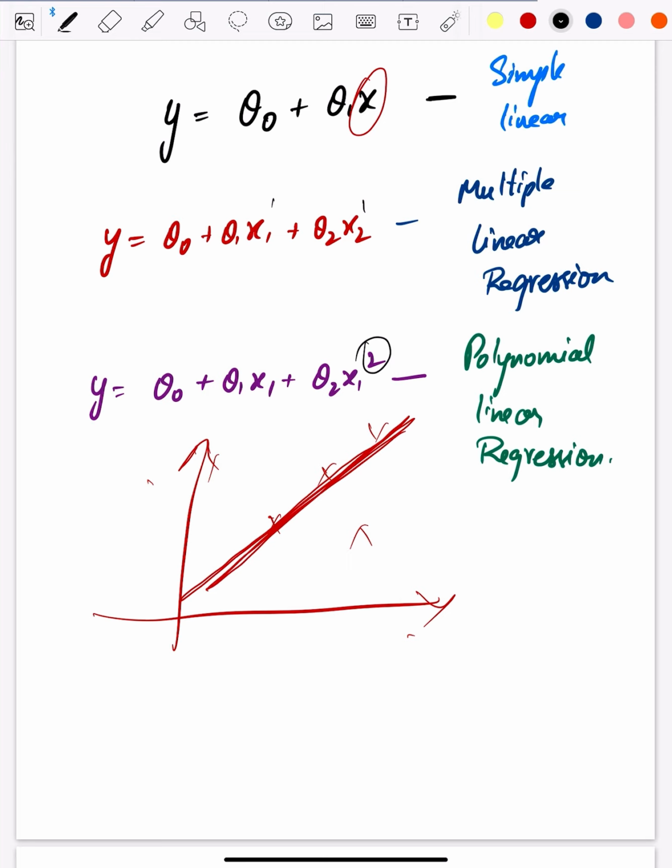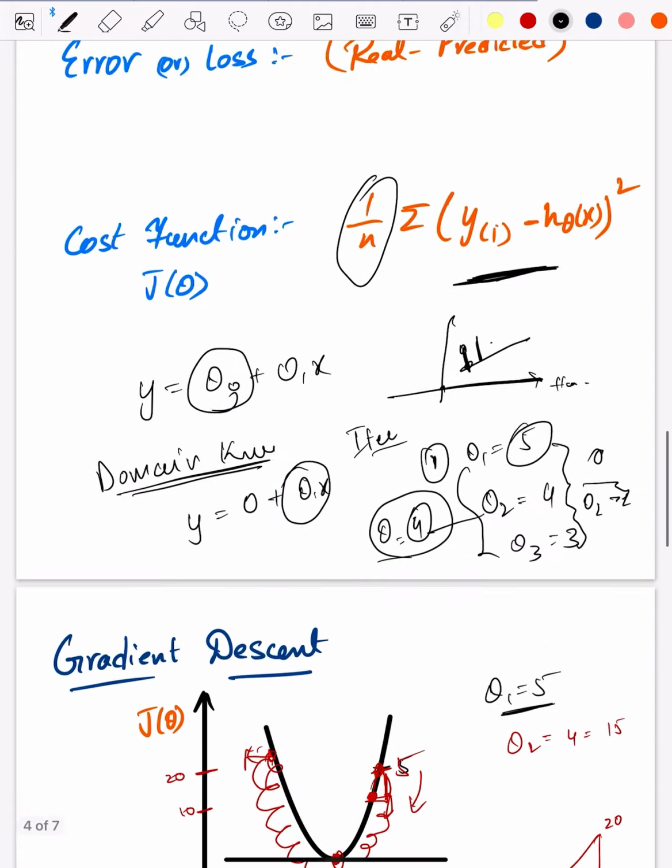After doing all this, there will be some model metrics, and they will calculate all the errors and how well our model is doing. So that's what linear regression is about.